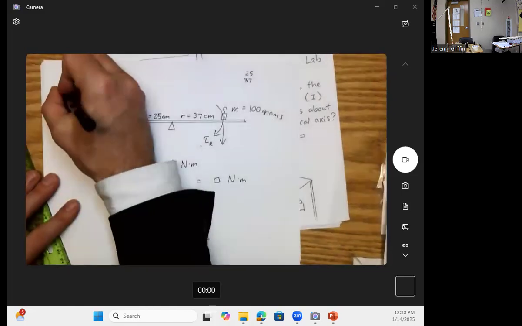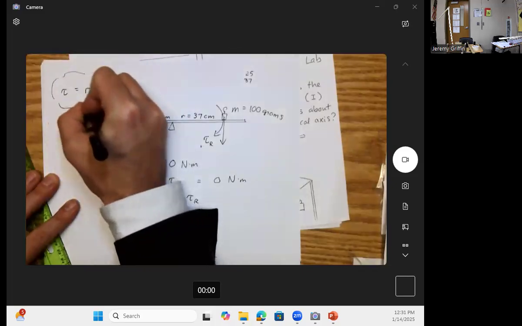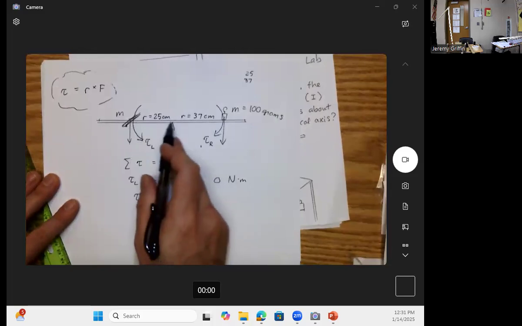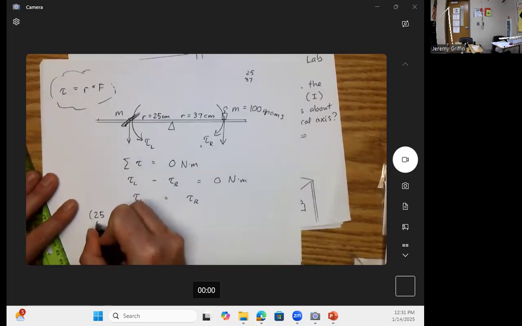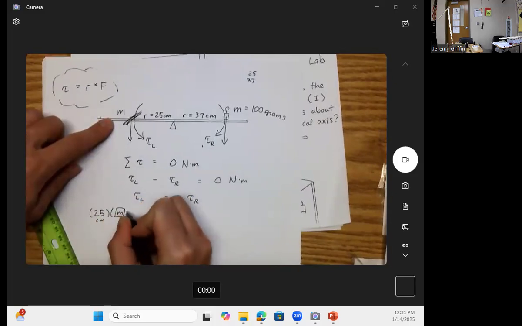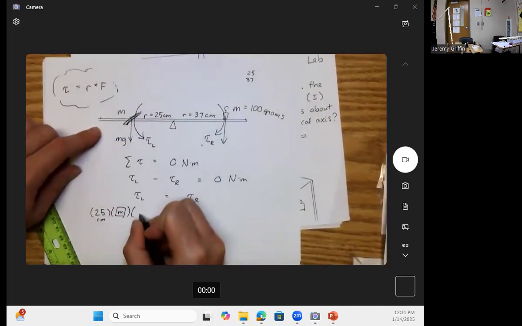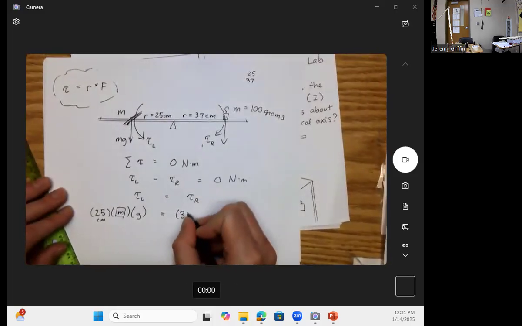Okay, all right. So I know that torque is R cross F. You guys remember that? Torque is R cross F. So this radial arm crossed with this force, this radial arm crossed with this force. So I got at 25 centimeters, I have some unknown mass I'm solving for, and then Earth gravity. So mg is the actual force down. That has to balance out with, on the other side, I got at 37 centimeters away